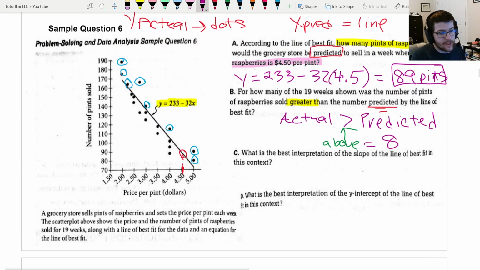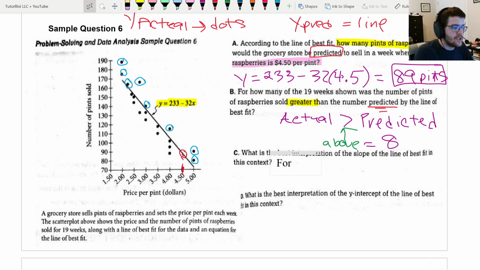All right, great. Interpretation of the slope. Okay, so slope is the change in y when x goes up by 1. So the change in y when x goes up by 1. So I'm just going to type this, I think. It'll be easier. So it'll be something like this. For each additional x,